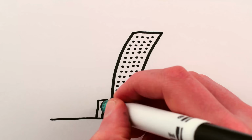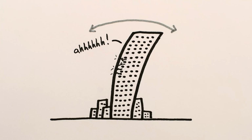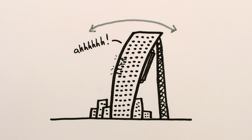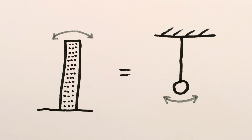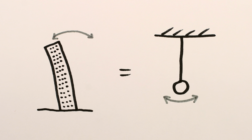So if you don't want your tall thing to sway, either because you're worried it'll fall apart, or you're worried it'll freak out the people inside, you could just make it stiffer, either by adding more stuff to it, or using more rigid materials, though this isn't always elegant and gets expensive fast. But there's another, clever solution. From a physics perspective, a tall thing like a building is really an upside-down pendulum. When it gets bent a little bit to one side, the building's natural stiffness pulls it back the other way,